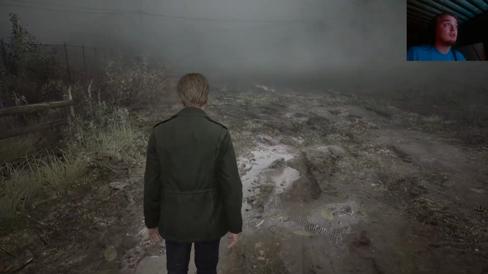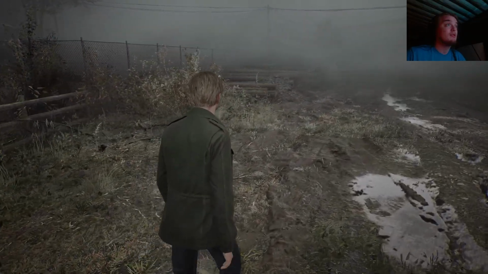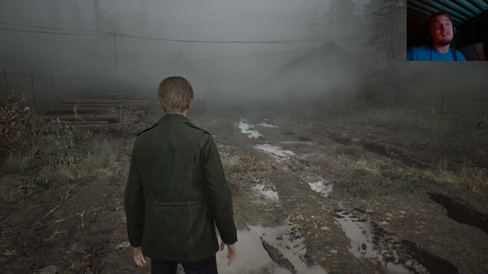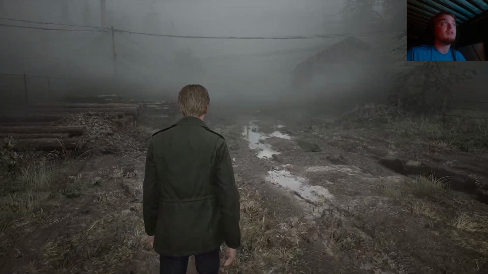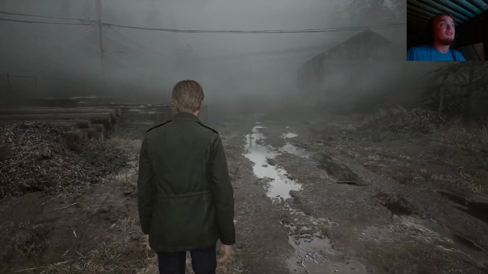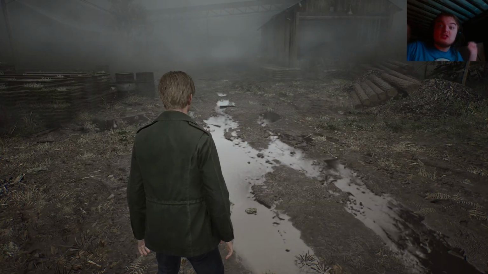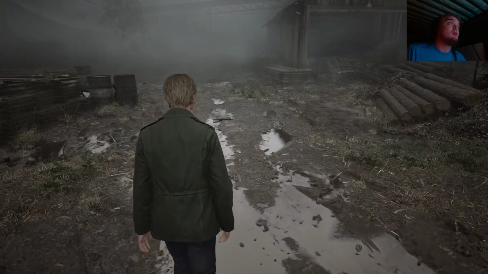You don't know when the game's going to try to scare you, especially the first time playing it through. And listen, you hear that? That sort of droning, metallic noise? It's subtle enough to not pull you out of the world. It's not like a Doom game where it's like... It's subtle. It doesn't pull you out.